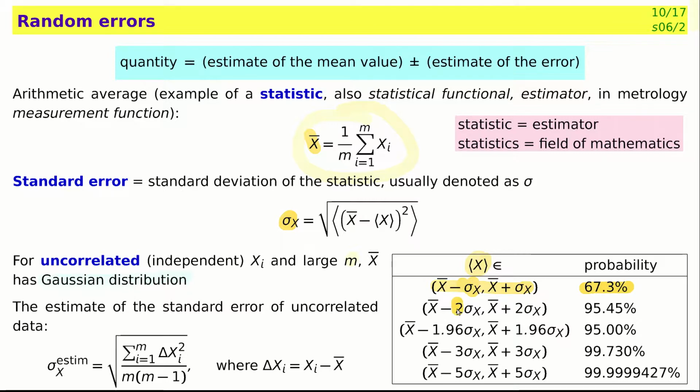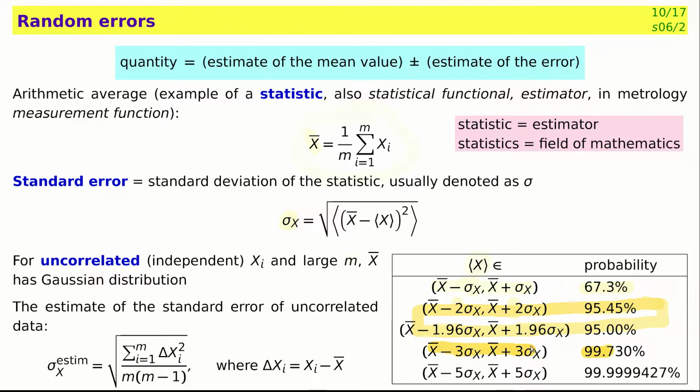If we have 2 sigma here, the probability is a bit more than 95%. It's exactly 95% if there is 1.96 here. Let's round it a bit. Essentially, these two in practice are not distinguished. We are not so precise. Plus minus 3 sigma gives me certainty that I am within these bounds